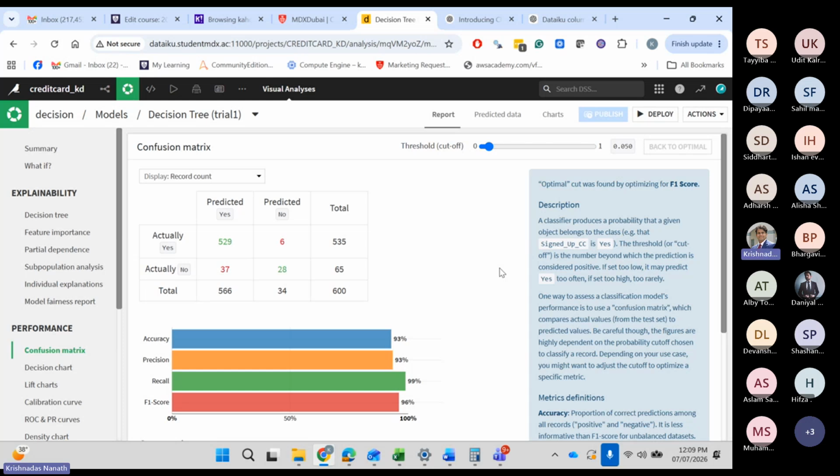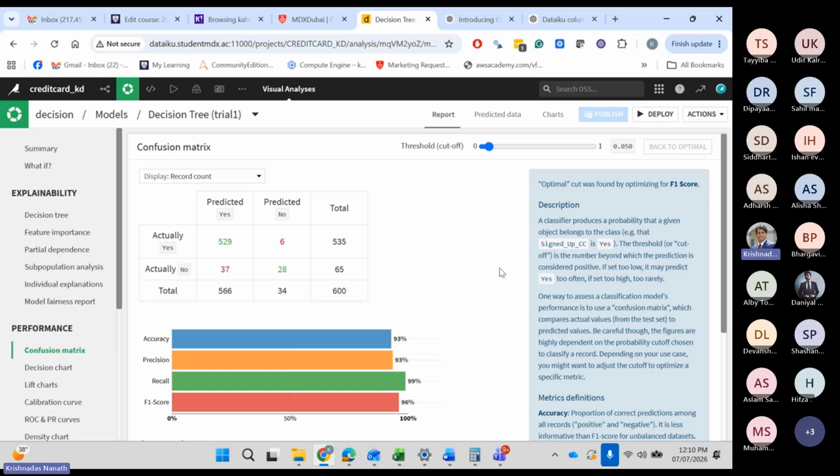Now the problem is that out of 600, the actual yes were already 529. And this is not a great test data set to play with. Ideally, if the test data set had an equal number of yes and no, only then can the algorithm show its real power: how much of yes is yes, how much of no is no. But now, out of 600, how many are total actual yes? 535. Out of 600 are already opting for the credit card. Then what great power does the algorithm have?